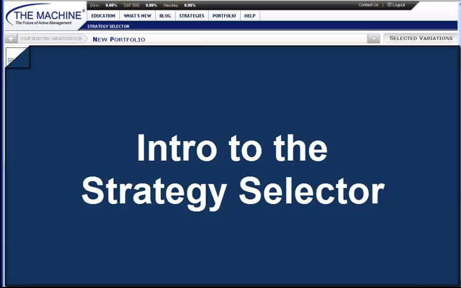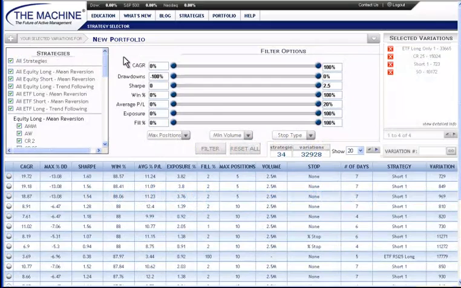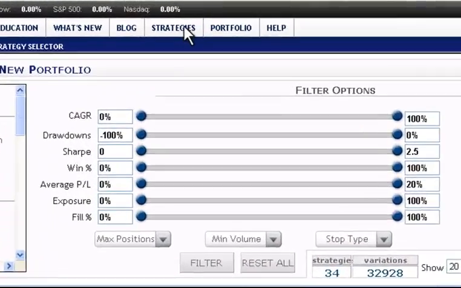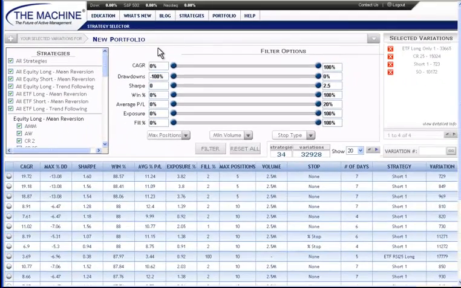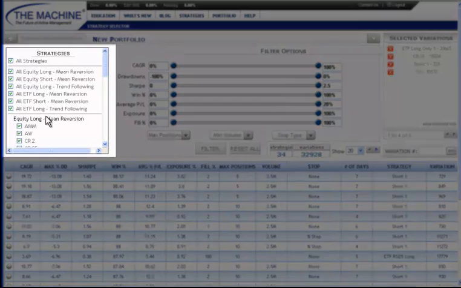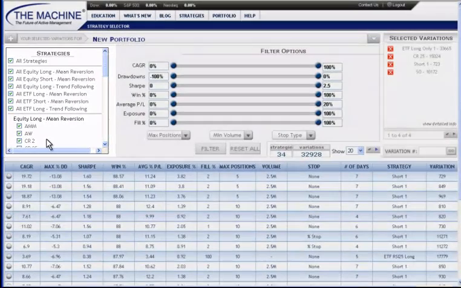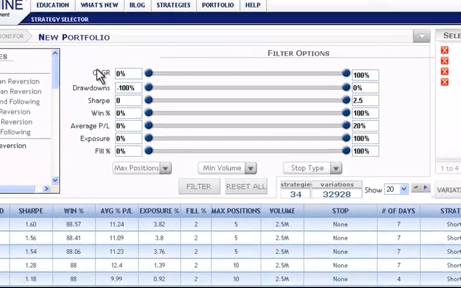Strategy Selector is a brand new and exciting feature that has been added to the machine. You can access it by selecting Strategy Selector from the Strategies drop-down navigation. The Strategy Selector allows you to sort by both strategy type in this left-hand toolbar, as well as by a